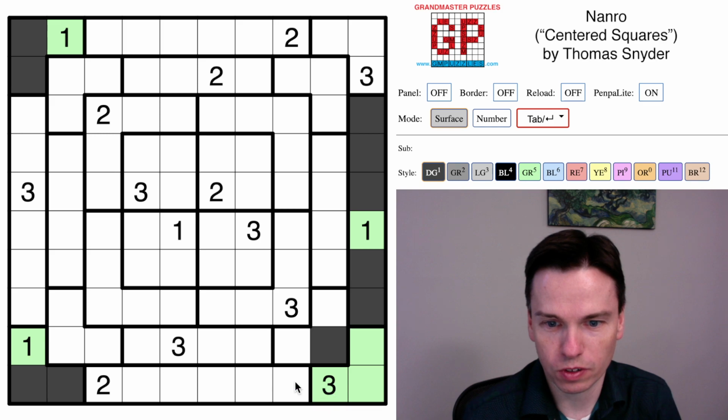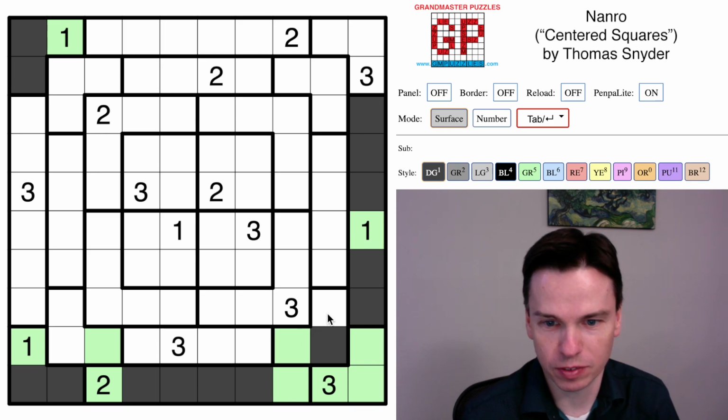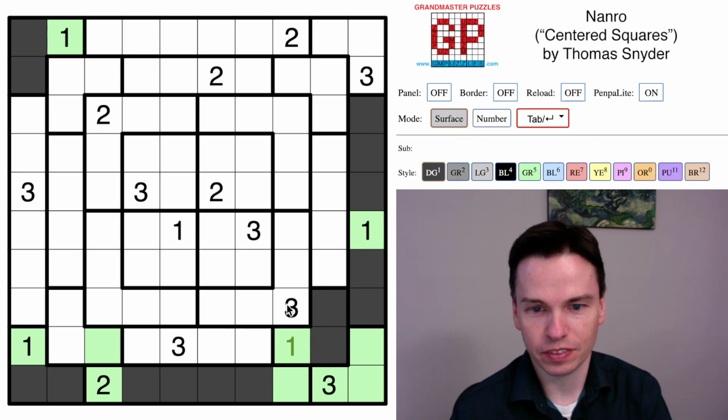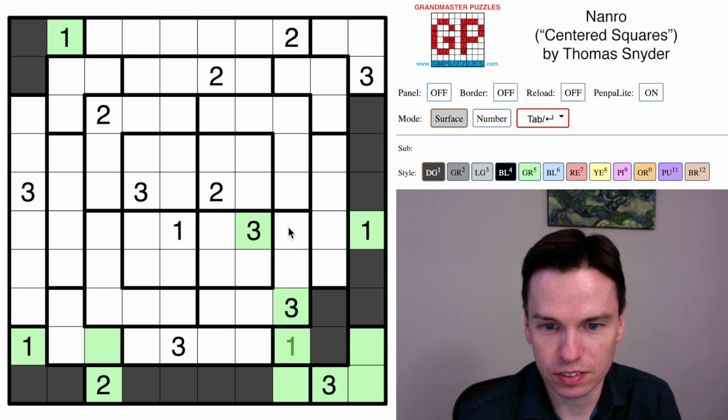We've got a 3 in this corner, and for connectivity, it's got to take the cell, but notice that's actually the second of the two cells coming from this 2, so this is going to have to grow up. This is a 2, so this will have to be a 1 in this cell, and that will then connect here to this 3. Here are two regions that have 3's touching, so this cell can't be a 3 here,